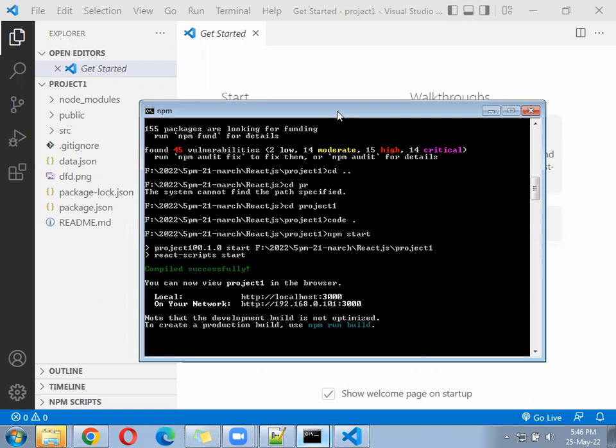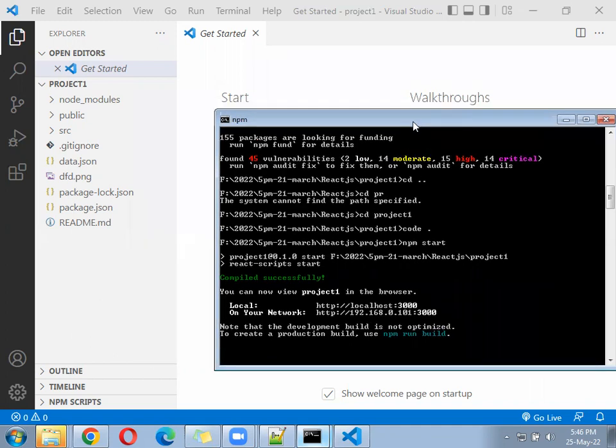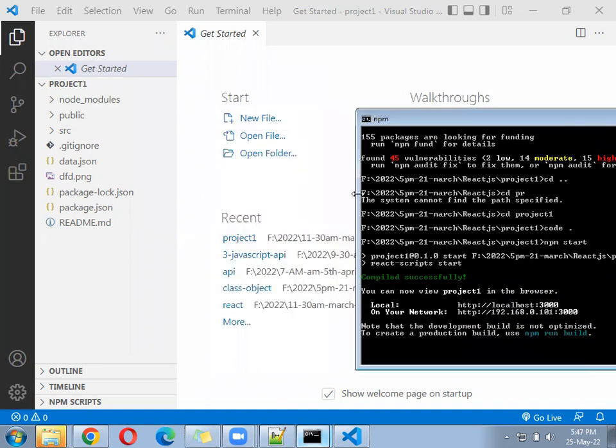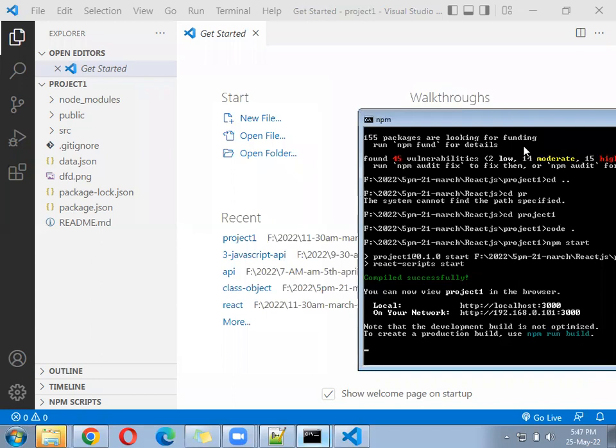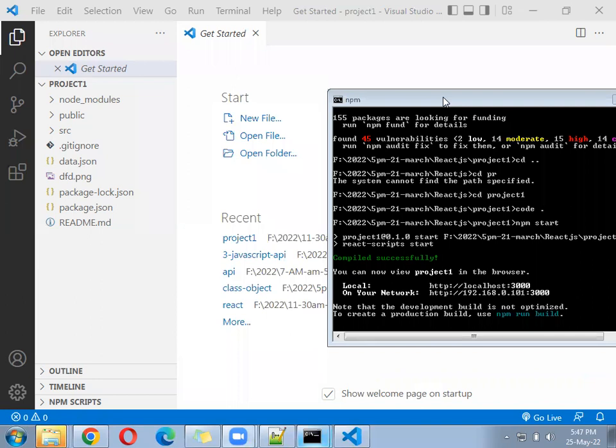Hope your page got compiled successfully. After compilation, it will come in the browser. What is happening for Veena? Please let me know. Veena, your project is set up or not? And for Padmaja? For Veena, project setup is done. Okay, working. Padmaja, you can reply yes, no, anything?